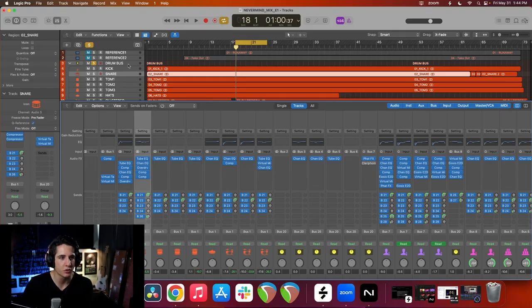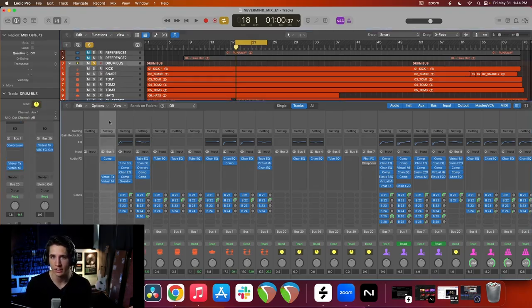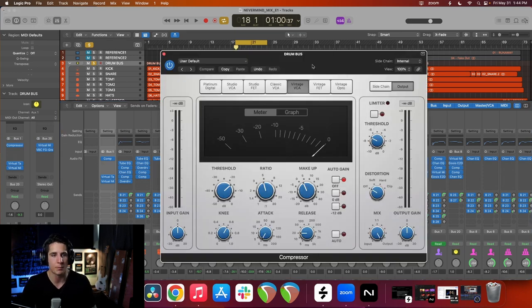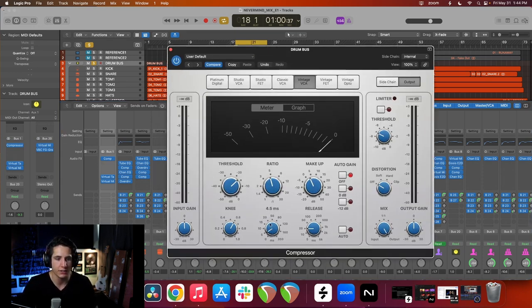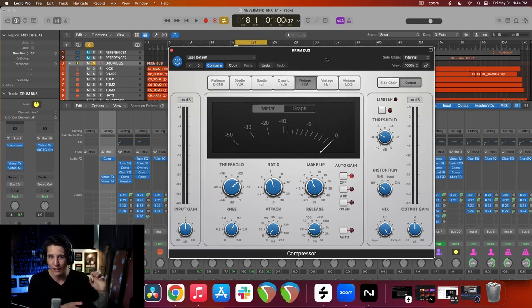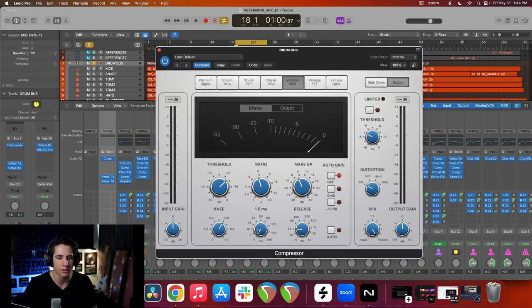Okay, so we're going to be using the drum bus as an example of how to dial in these various styles of compression. So dialing in thickness type compression is pretty easy, right? We're going to be using a fast attack and a fast release. So for the drums, because drums are going to be snare and kick heavy in terms of the transients that are occurring, we're going to be focused on